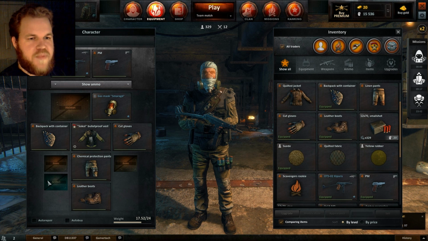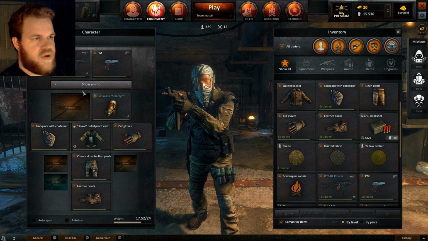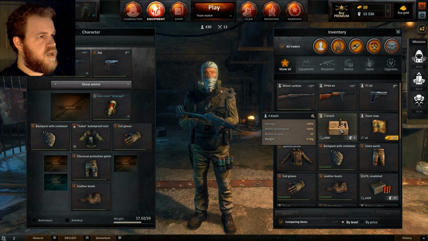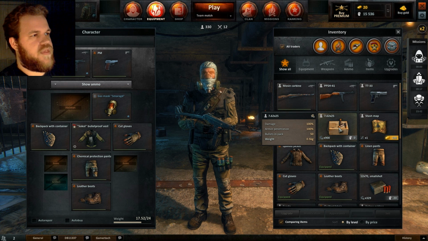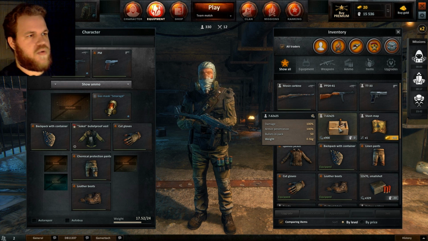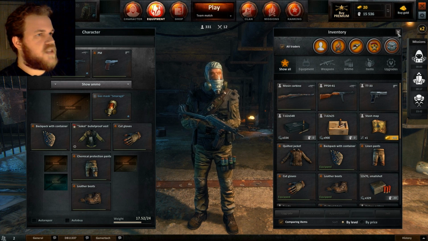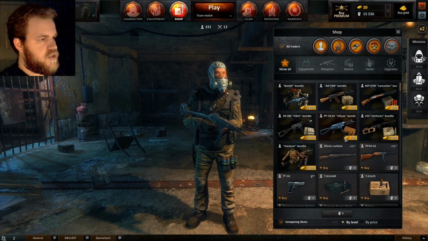How does one keep artifacts for use within one's respawn inventory? I would love to know that, whether or not they're random drops, or if one has to do something special with them in a match, like take them back and store them at the main base somewhere. I'm not sure. So, let's have a quick look at the shop, like I mentioned, just to show off the